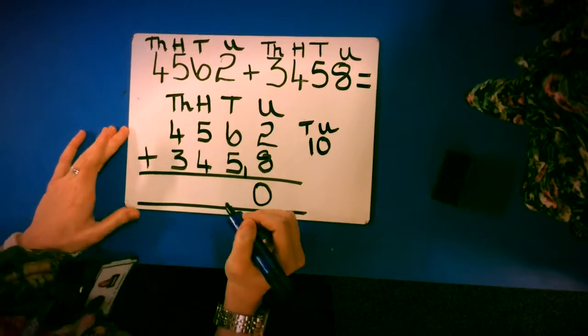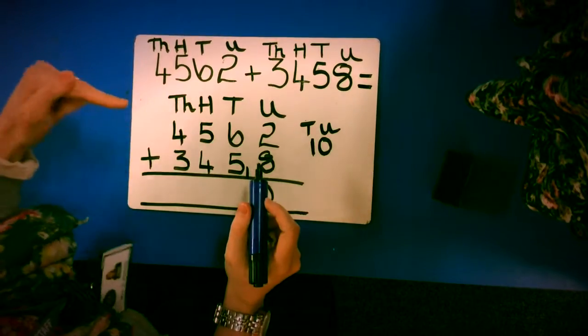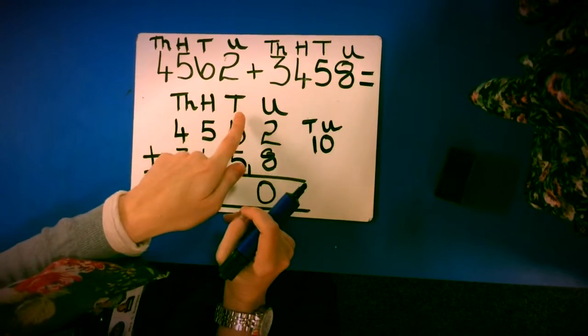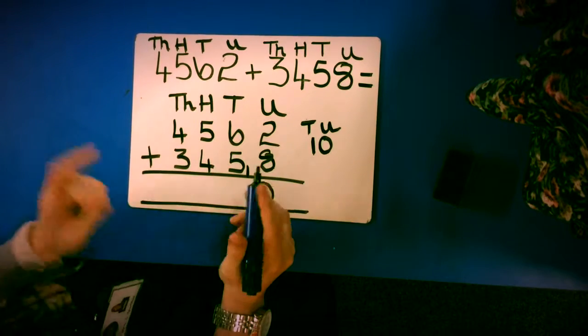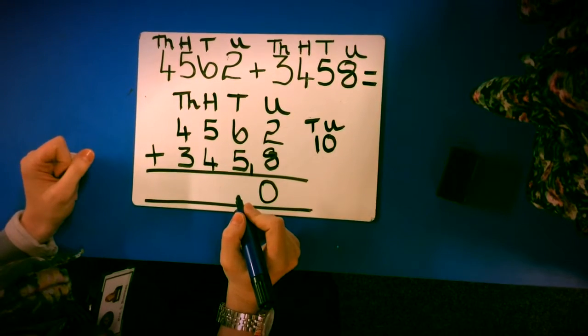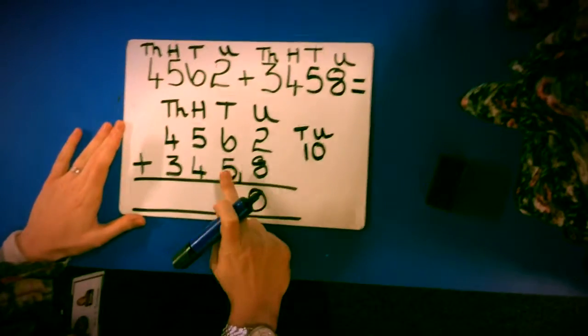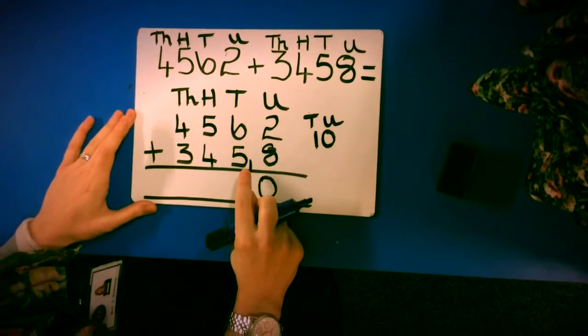I can then move on to my tens column and you need to reinforce that it is 60 and not 6 to really understand the value of each digit. So I've got 60 plus 50. So 60 plus 50 is 110, but I must remember to add the digit or the carried amount on the doorstep. So 110 plus 10 is